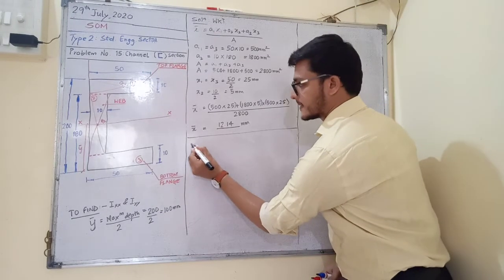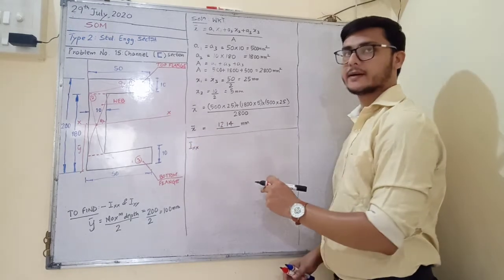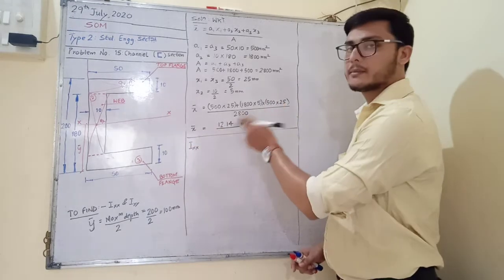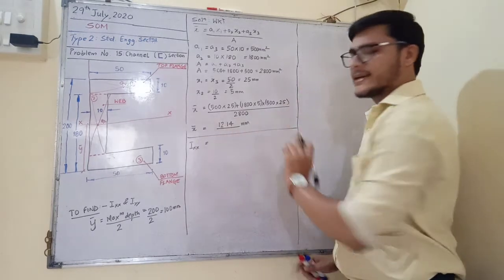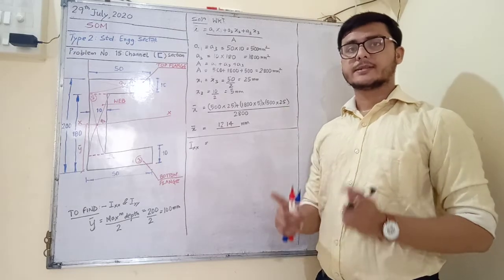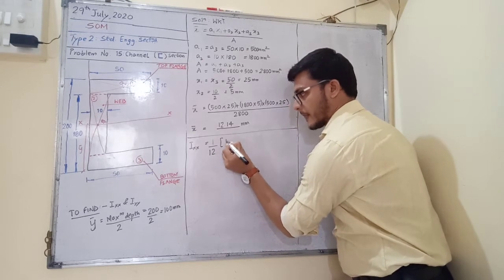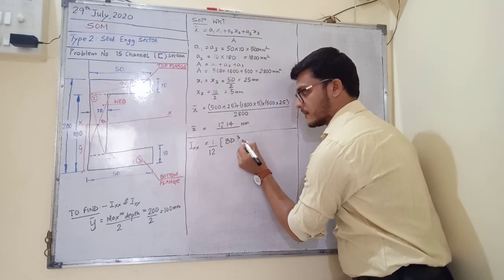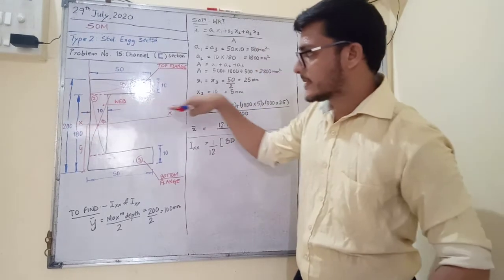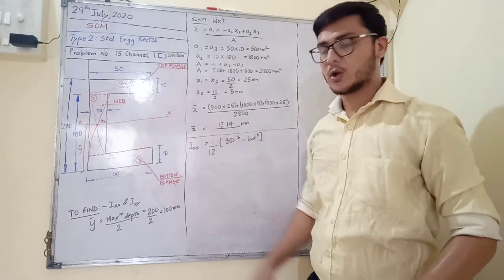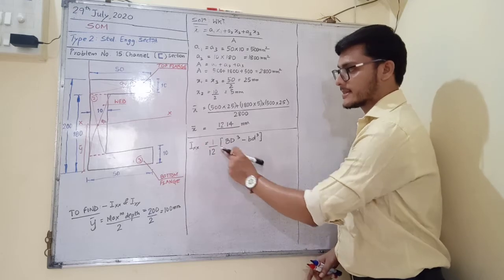Now I calculate Ixx. I have calculated x bar. In order to find Iyy, I need h, which is x bar minus x1, x bar minus x2, and x bar minus x3. So Ixx is simply calculated in one step, similar to a symmetrical I section: 1/12 of capital BD cube minus small bd cube. Since it is symmetrical about this x-axis, we can assume it as a hollow rectangle, and we can use this formula of hollow rectangle to find the value of Ixx directly.